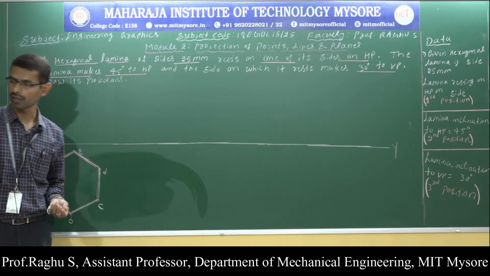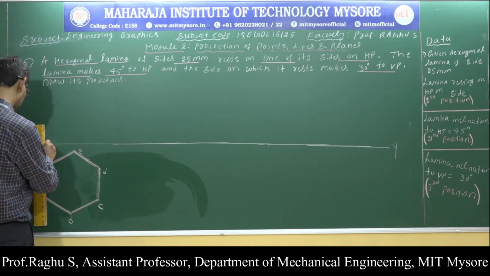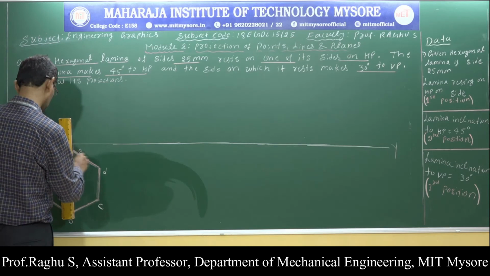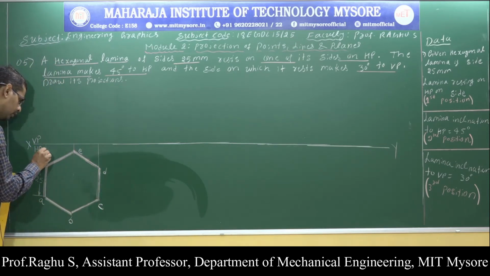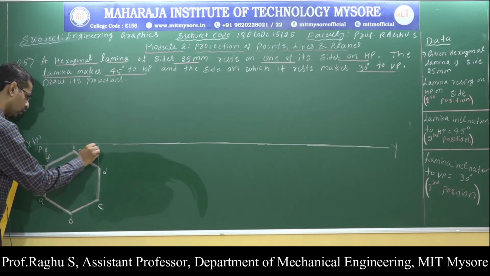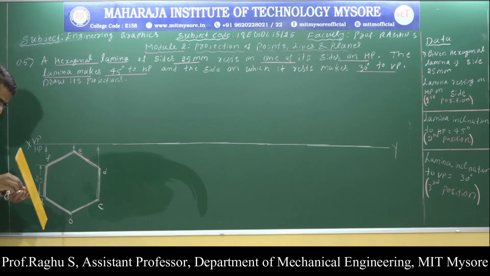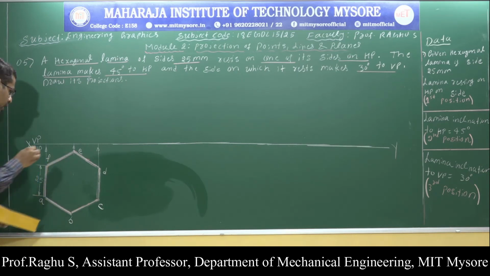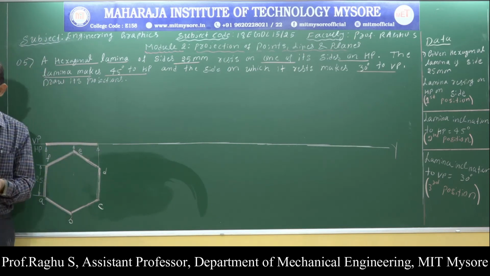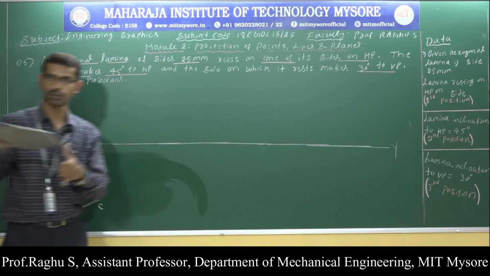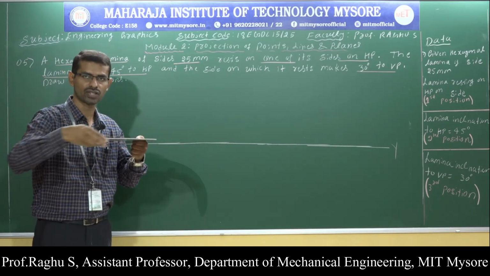Now to get the front view, draw vertical projections up to the XY line. The gap between these two lines represents the front view. The views must be dark. Here in the front view, the lamina is resting on HP, the horizontal plane, so in the front view the lamina looks like a straight line.